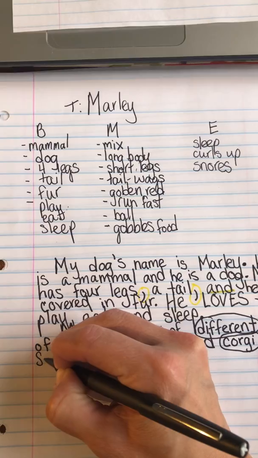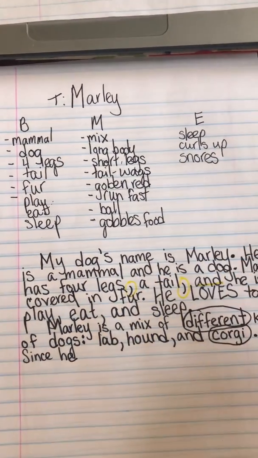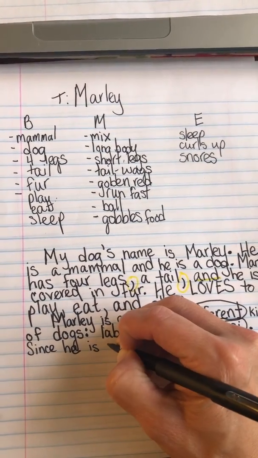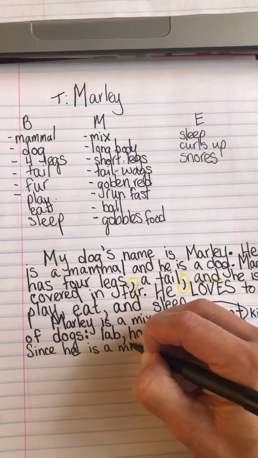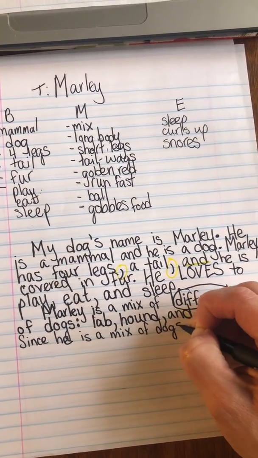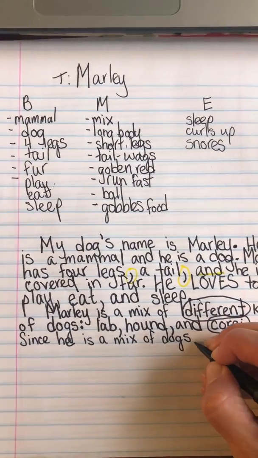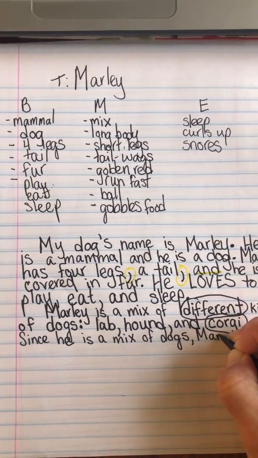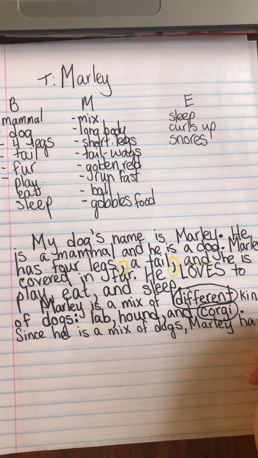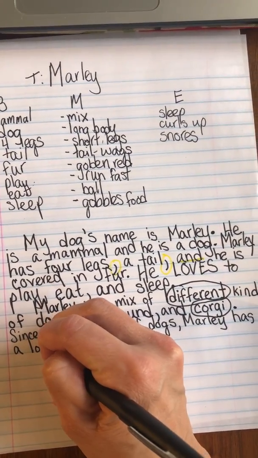So I can say, since he, and again, my he is Marley, so it's okay to say he at this point, since he is a mix of dogs. Now I need to describe Marley's body type. So since he is a mix of dogs, I'm going to use Marley this time. Marley, and I'm going to describe his body, has a long